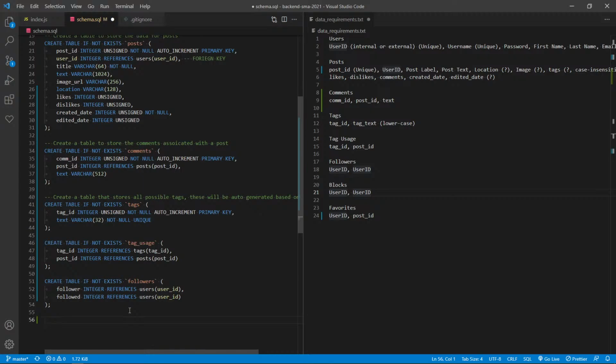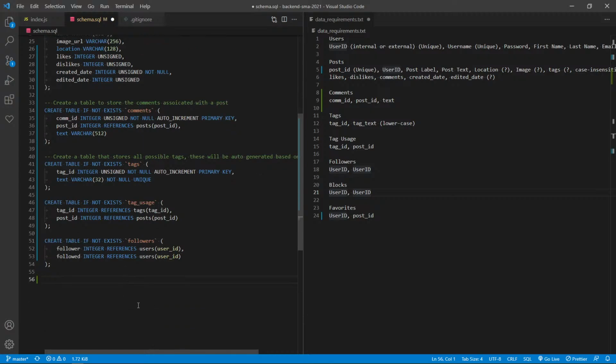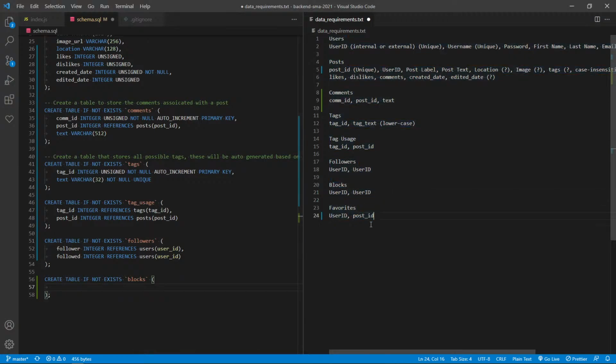Okay, and then on the flip side, we want to be able to have a block list, right? Create table if not exists. We'll call this blocks. So we can have this person, the one on the left side, blocking the one on the right. So we can call this one,